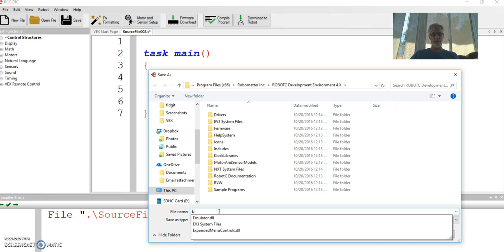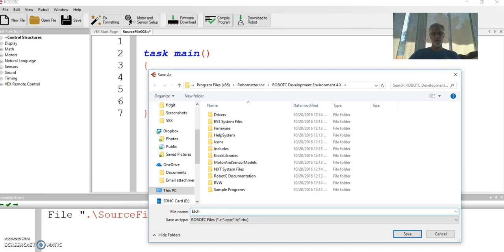So I'm going to name this etch underscore a underscore sketch underscore, and I'm going to make the letter R. No, let's make the letter S. Let's do the letter O. So we'll do the letter O, and then you would want to do your name so that you name it